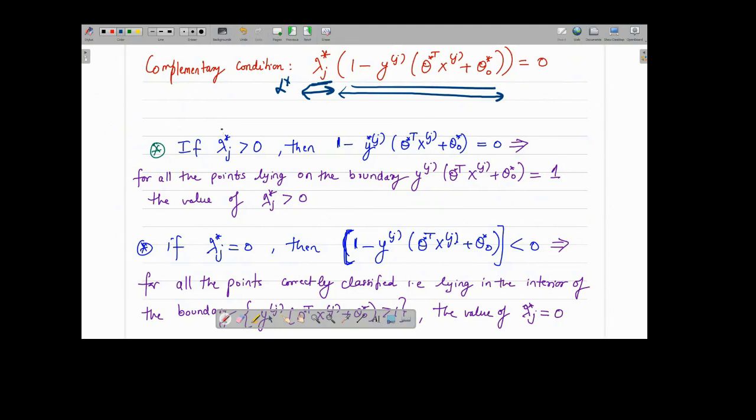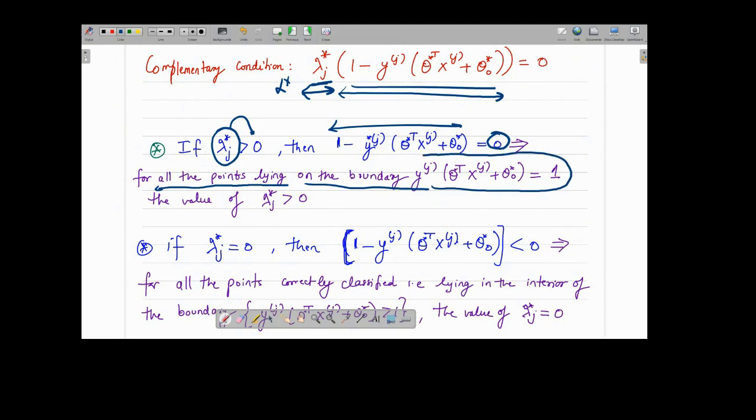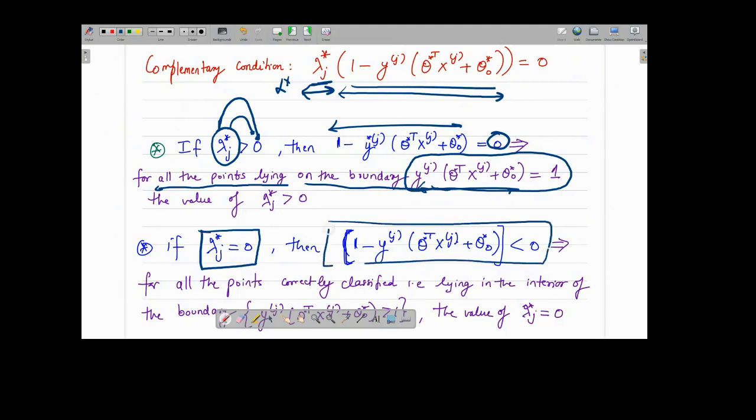If lambda is greater than 0, and you want the product to be equal to 0, it means g(x) has to be equal to 0. If this is equal to 0, it means the points are lying on the boundary. This is the hyperplane boundary, and the points for which the value of lambda star is greater than 0 will be lying on the boundary. And if your lambda is equal to 0, then this is the constraint that you have to have for g(x). And in this case, what happens is,